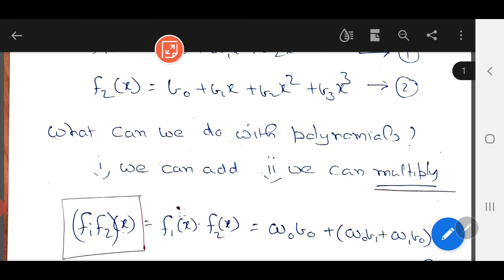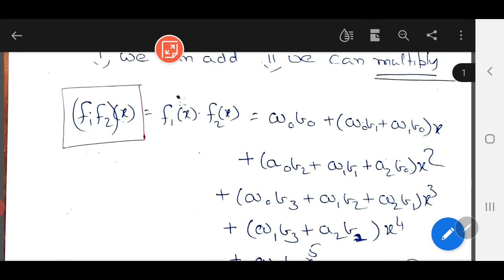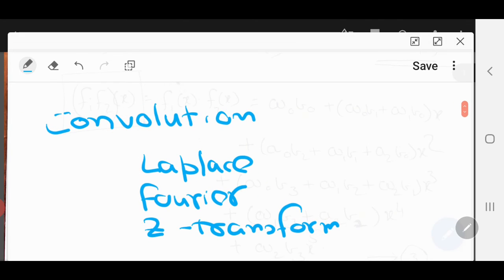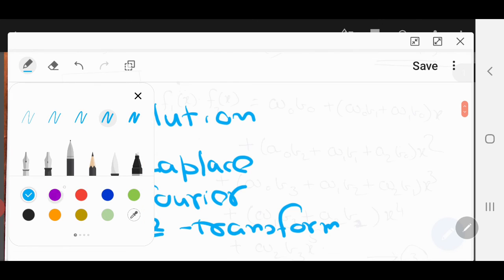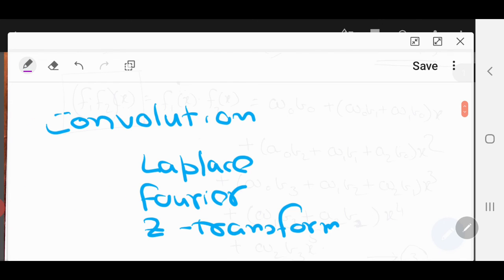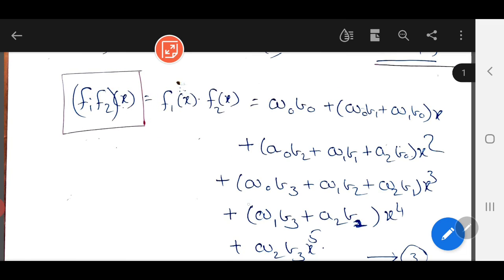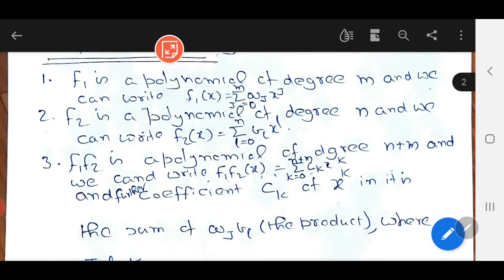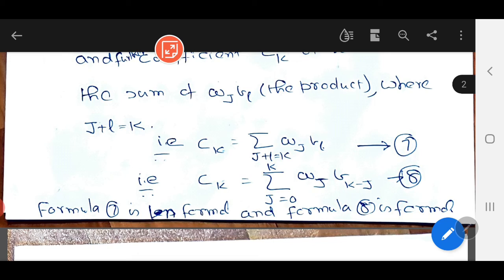When we are going for C1, the choices for the products AB whose index sum is 1 are A0, B1 and A1, B0. And similarly, when we are going for C3, it is A0, B3, A1, B2, A2, B1. The sum is 3. That is what one has to observe. If we observe like that, that is an informal way of getting the value for Ck.